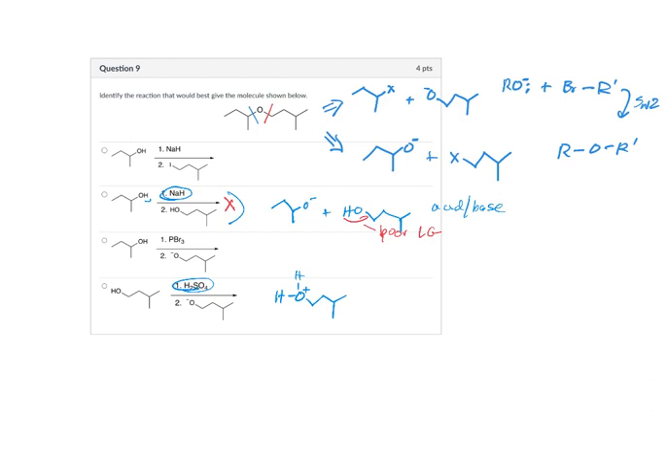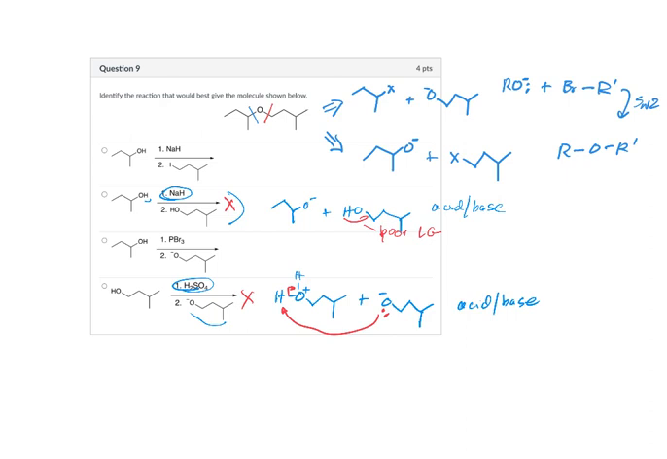But if we added in this alkoxide, again, all that would happen is this is very basic. It would just pull a proton off of this, and we would just get acid-base chemistry. No substitution. So this one won't work either. So the top one